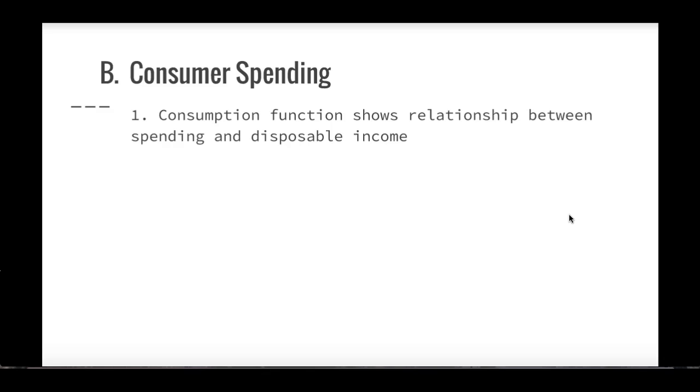So the consumption function shows the relationship between spending and disposable income. In other words, of the amount of income that we have, how much of it are we actually going to spend? This sounds very similar to what we talked about in the last video about the multiplier, in that some of our disposable income will be spent and some of it will be saved. However, what we did not talk about in the last video